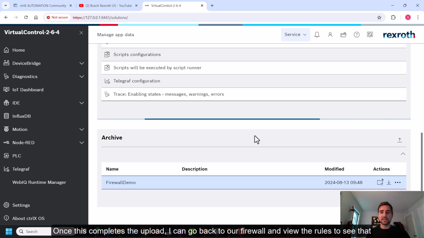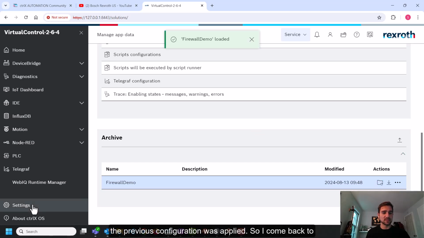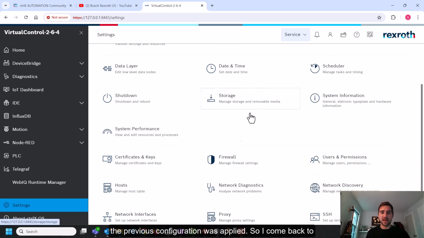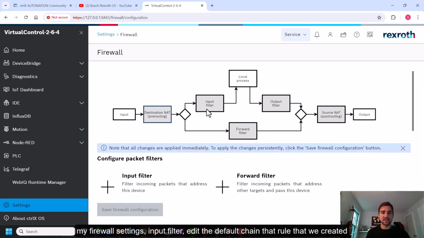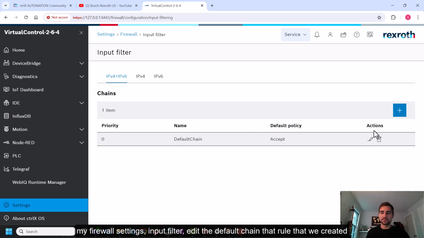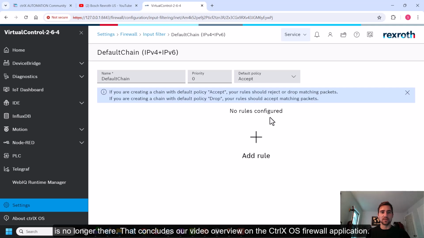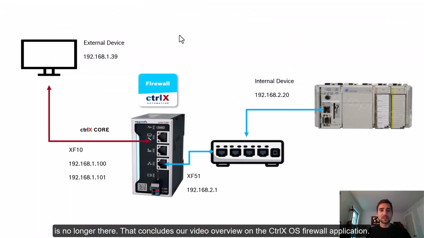Once this completes the upload, I can go back to our firewall and view the rules to see that the previous configuration was applied. So if I come back to my firewall settings, input filter, edit the default chain, that rule that we created is no longer there. That concludes our video overview on the ctrlX OS firewall